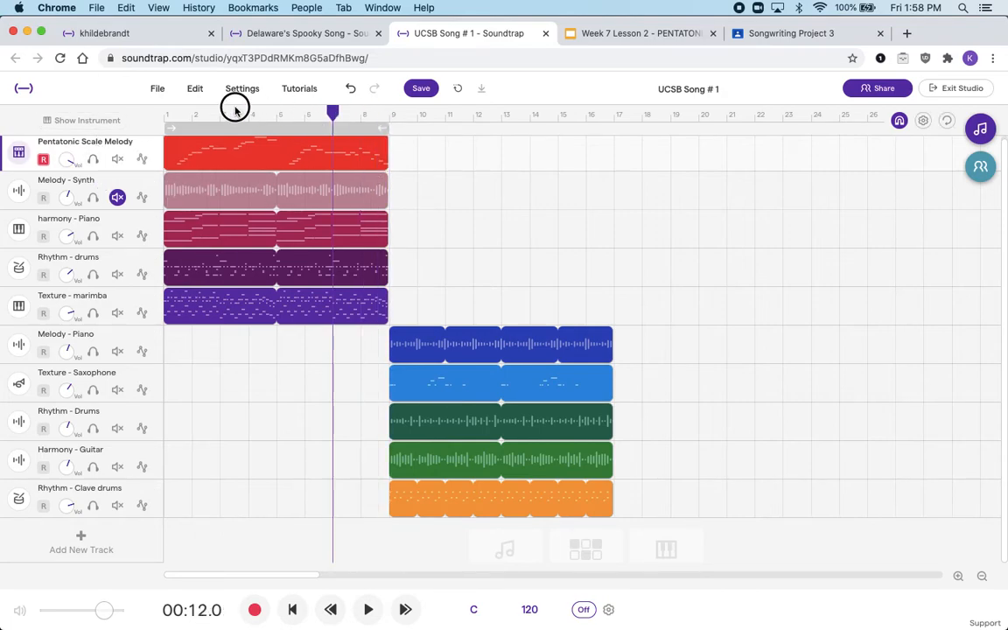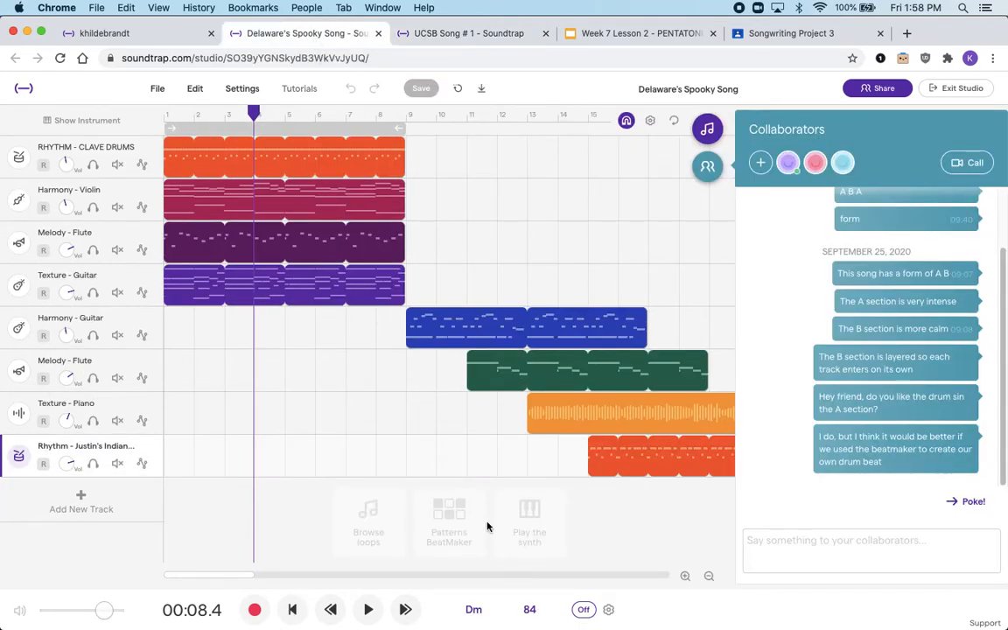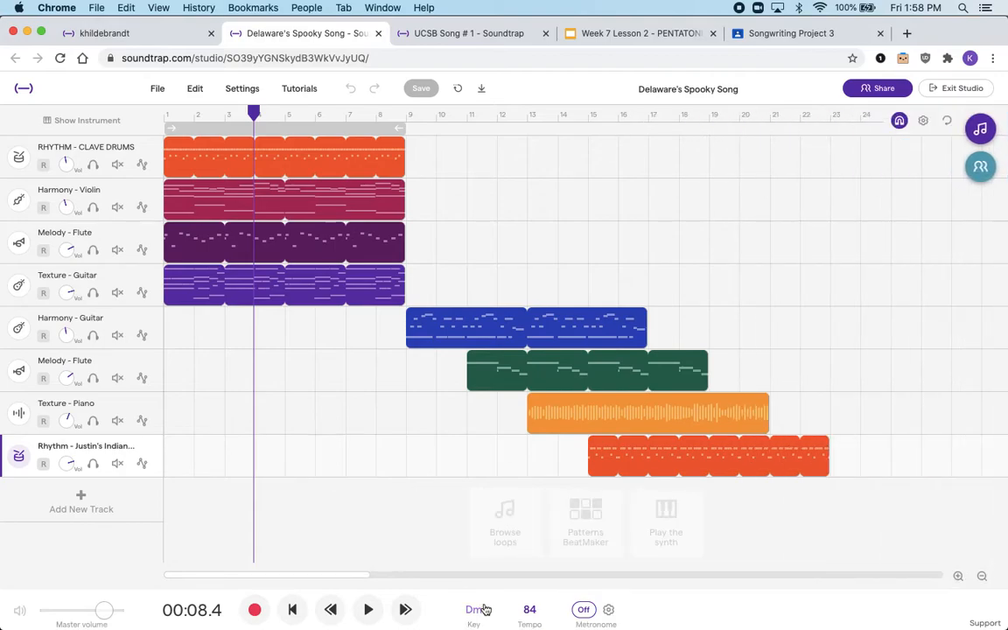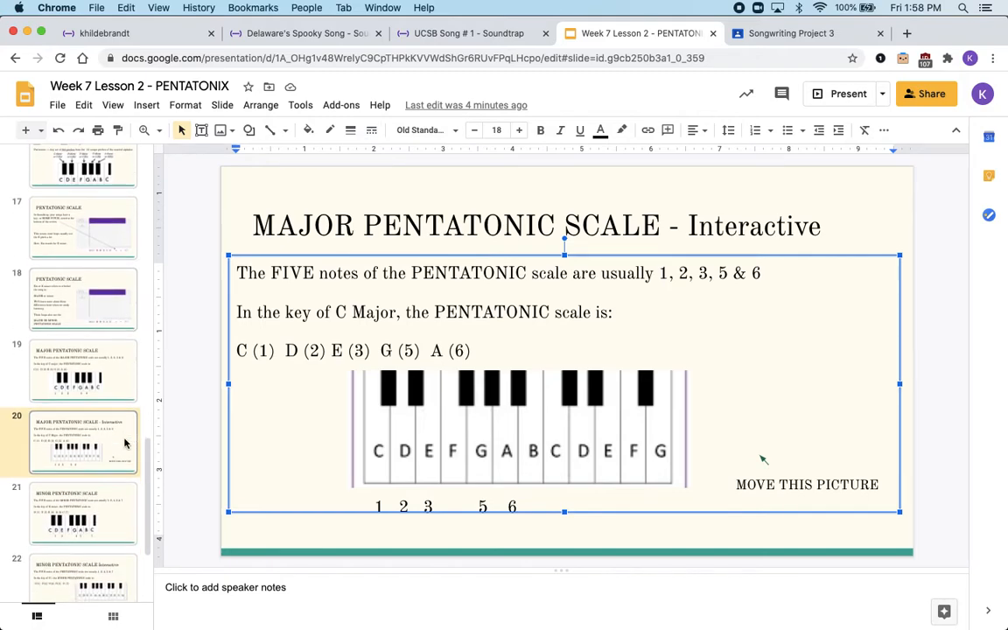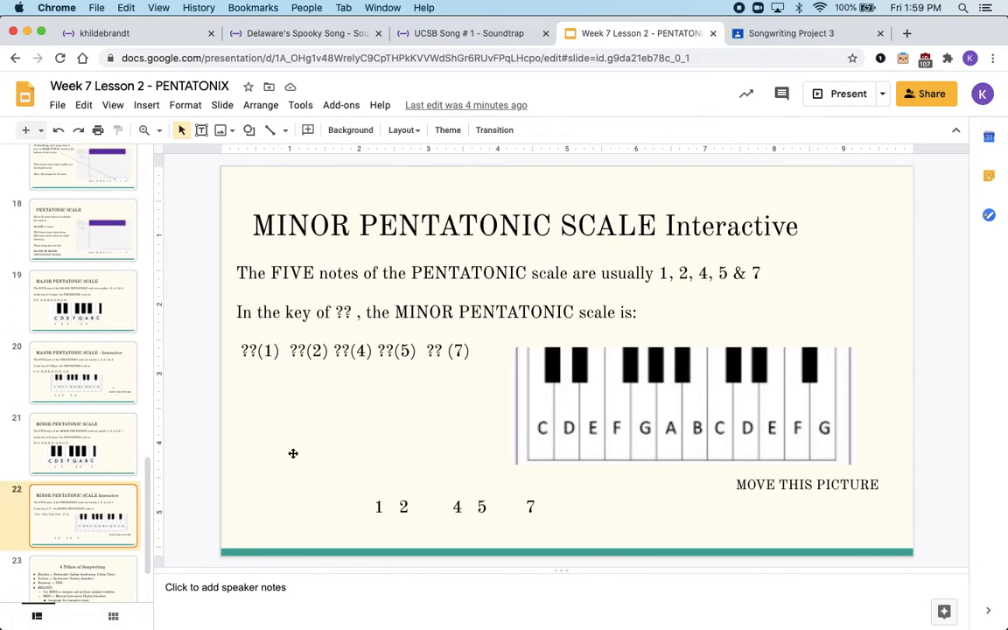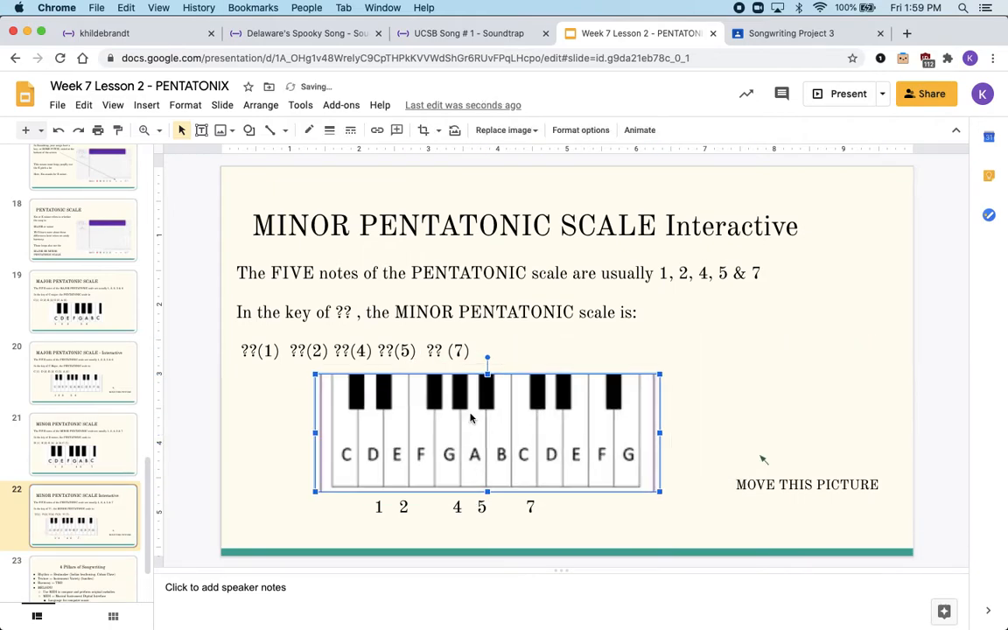But Mr. Hildebrandt, my song doesn't say C at the bottom. My song says like Dm at the bottom. Well, Dm stands for D minor. All right, D minor. So we got to go back to our presentation and we got to go to the minor slide. Okay, we go to the minor slide, interactive, and we're going to drag this picture over to D